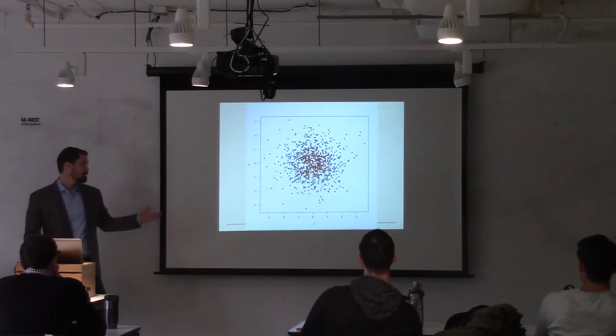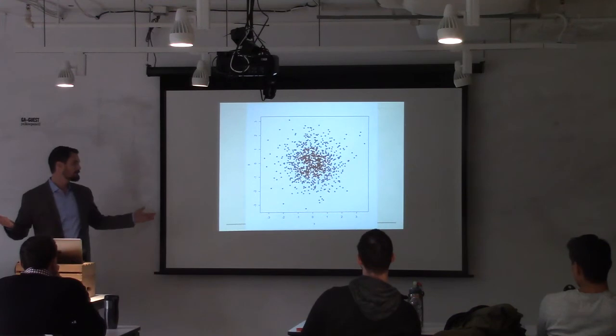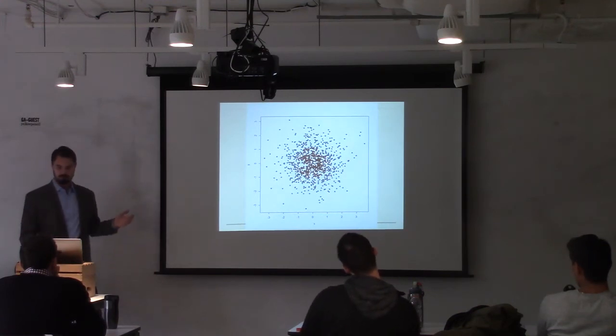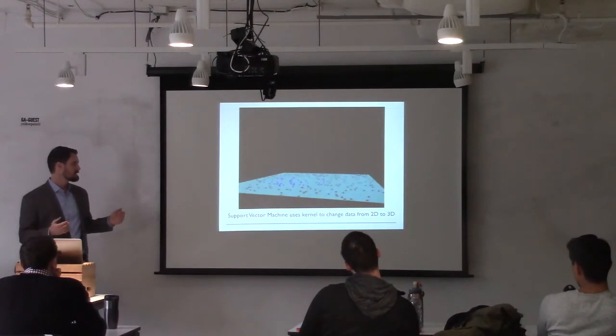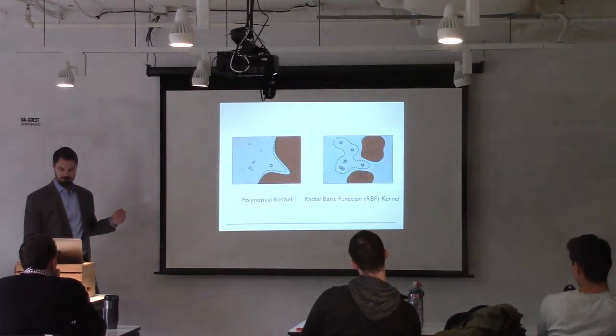This is an example where that could be a problem. Obviously, there's just no possible way to draw any number of lines that could divide this data, but the support vector machine is able to